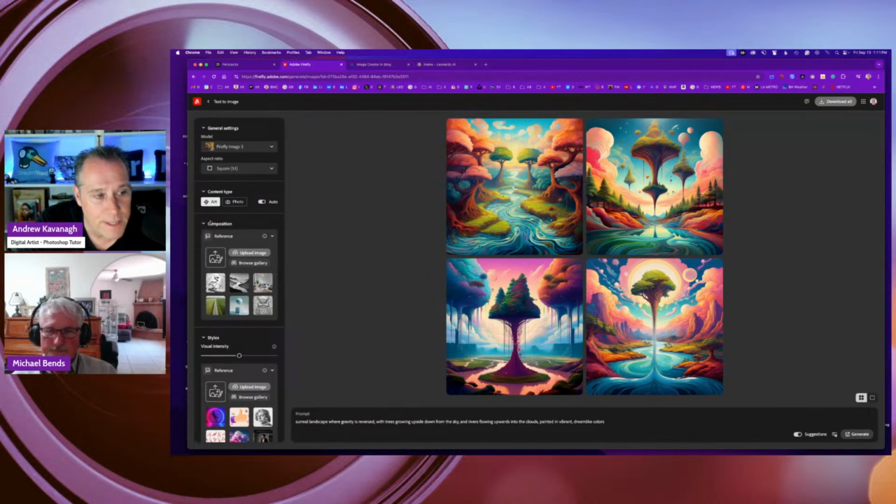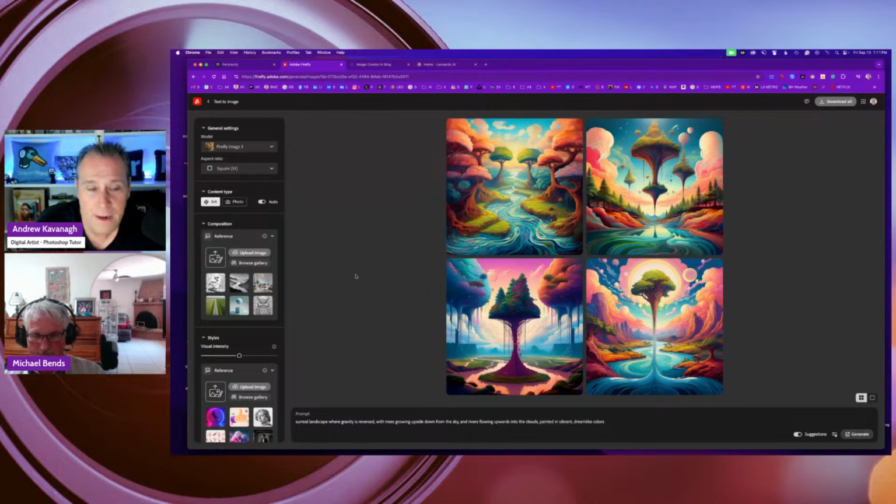Underneath that is a composition reference area where you can select a preset composition, or use an already made image as a reference for the same type of text prompt, or a simple black and white sketch.